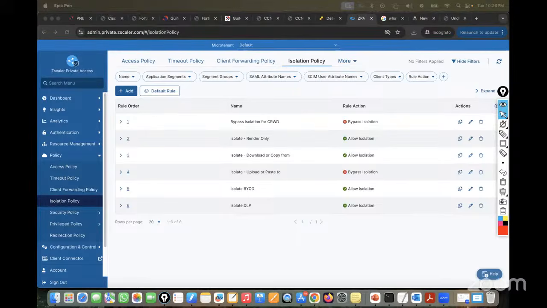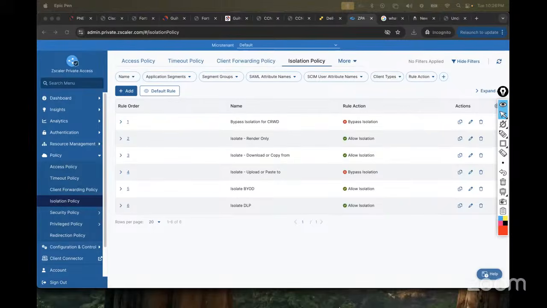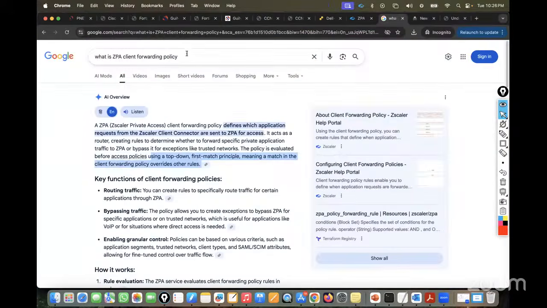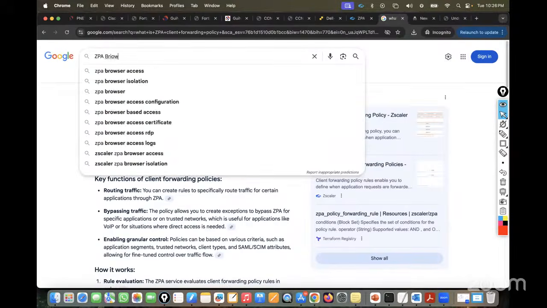So how can I control this? Browser isolation gives the feature where, even if I'm using an unmanaged device, meaning BYOD devices or any other home devices, whatever content I'm using, the app never touches your endpoint devices. Everything is isolated in the browser and everything is inspected by my SASE solution provider, like Zscaler. So if I go here, GPA browser isolation policy,